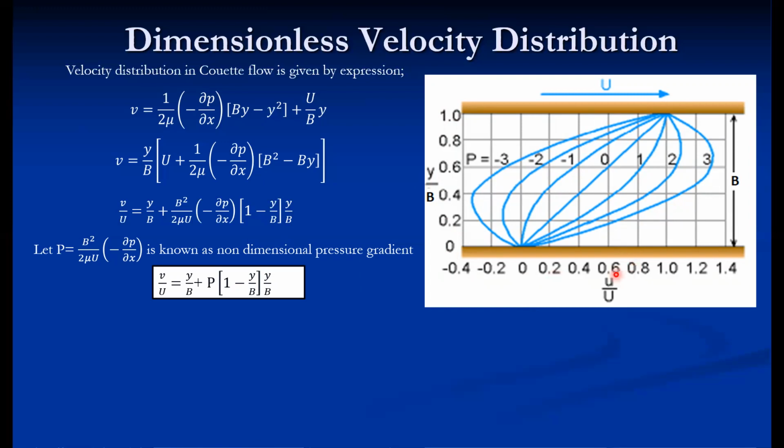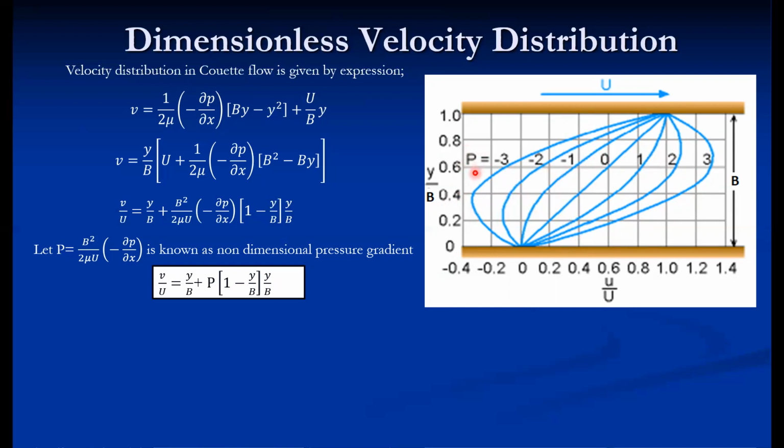And similarly, when v by U is equal to 1, we can arrive at this equation here. This is the maximum possible velocity. So velocity can exceed this velocity in excessive cases, and the velocity may fall below 0. So these are the two extreme cases, and you can see them here from the diagram. So this profile changes with the value of P. How it changes with the value of P, we will see.